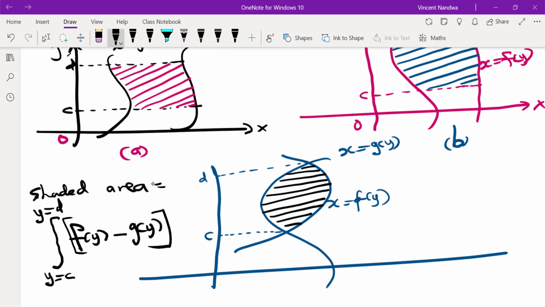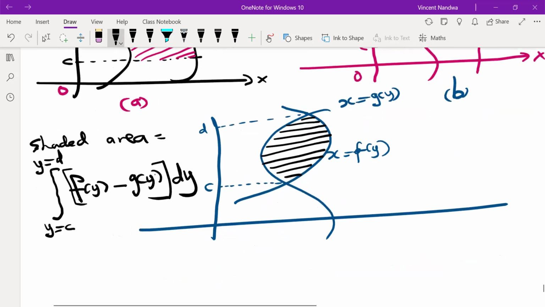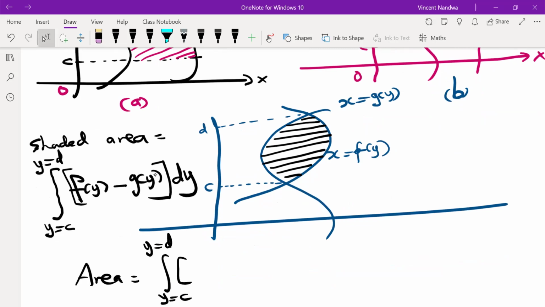Then the variable of integration will be y. Or simply, area is the integral from y equals c to y equals d of right curve minus left curve,